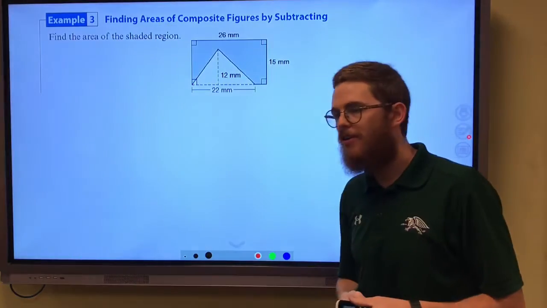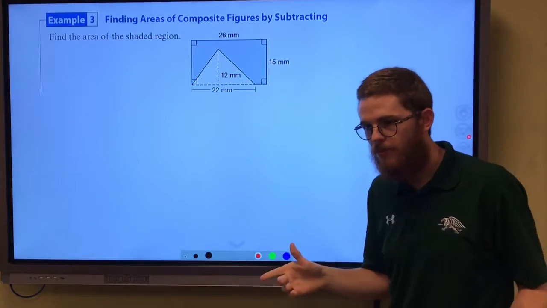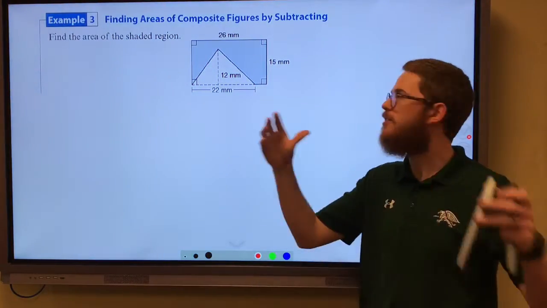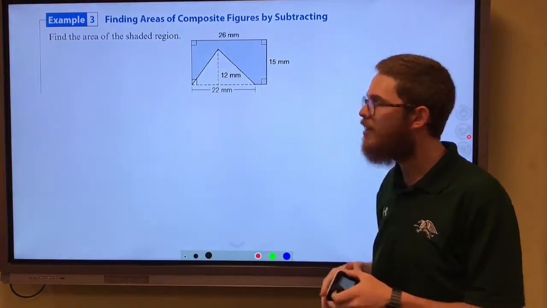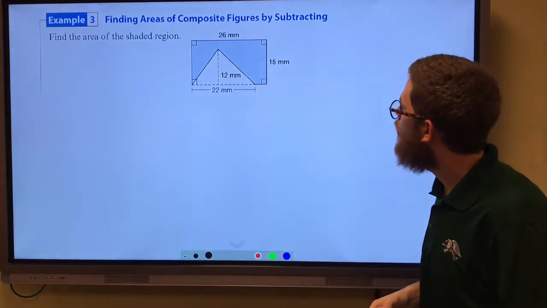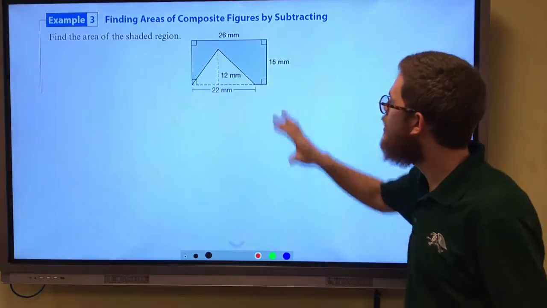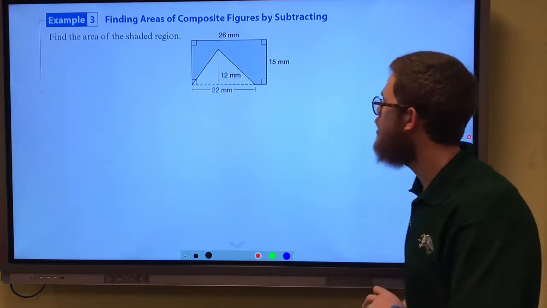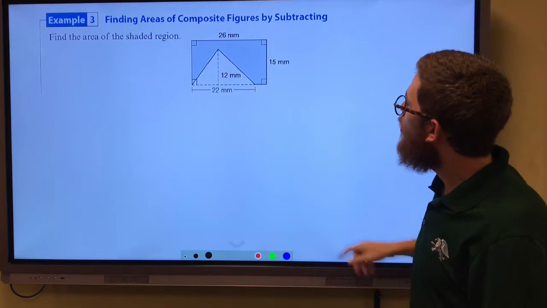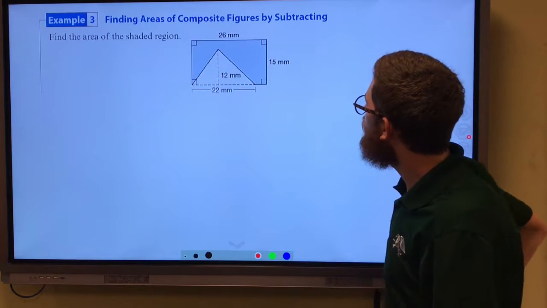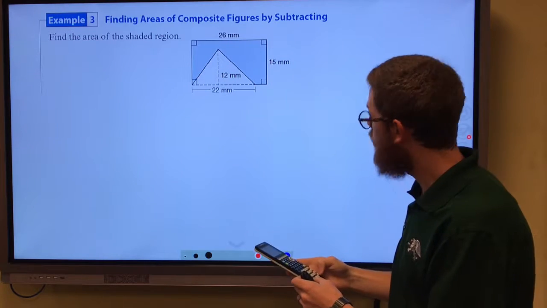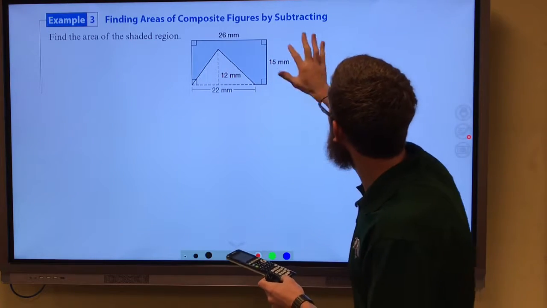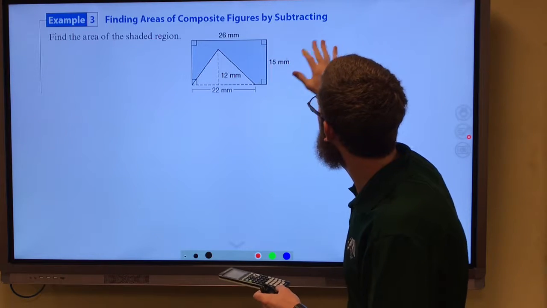Here we want to find the area of the shaded region. So we can find the area of this entire rectangle and then subtract away the area of that triangle right there. That should make some sense. That would give us what's left over, which is going to be that shaded region. So the area of that entire rectangle, length times width, base times height,